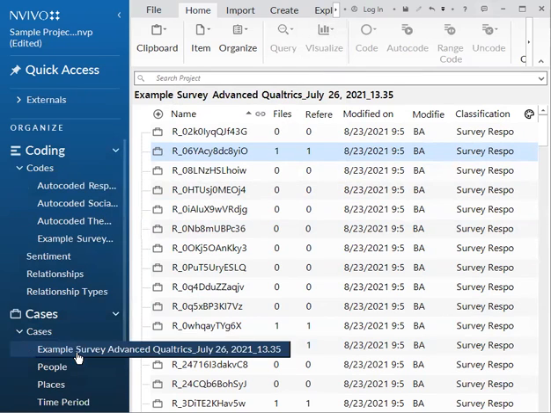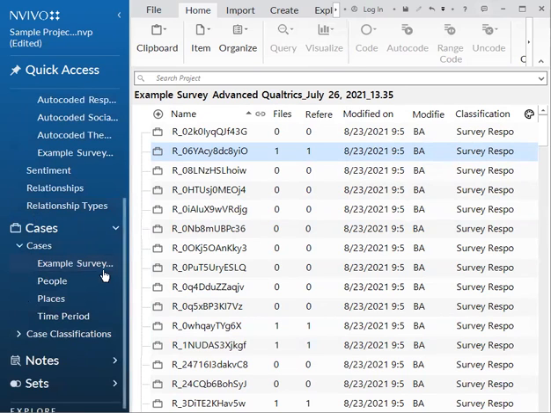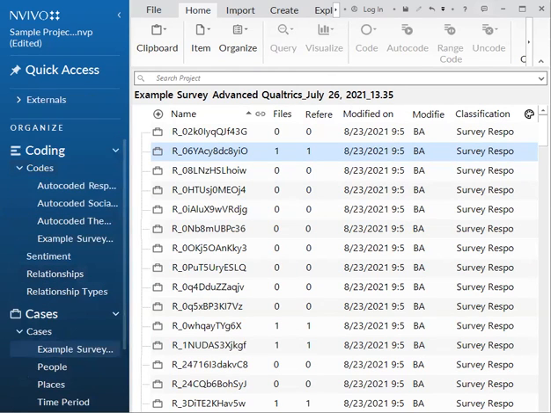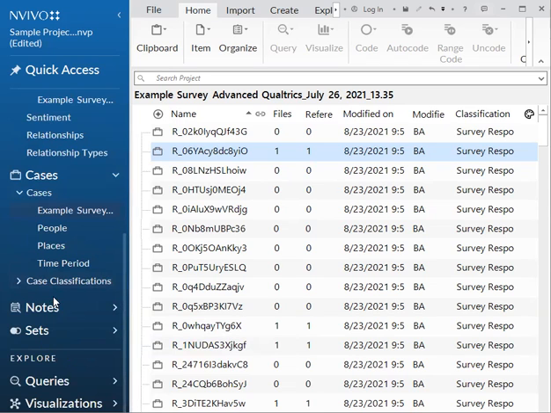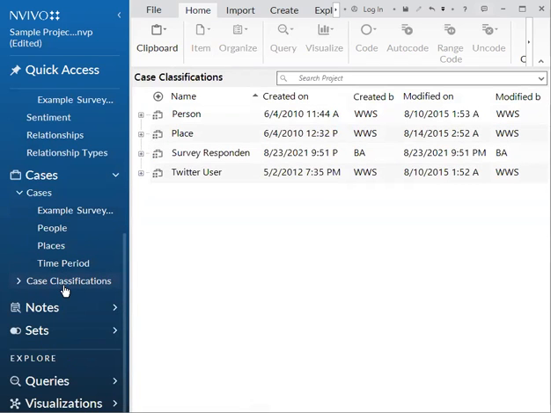And so those are the two ways to visualize either codes or cases. You can also visualize case classifications, though there's just not as many options.